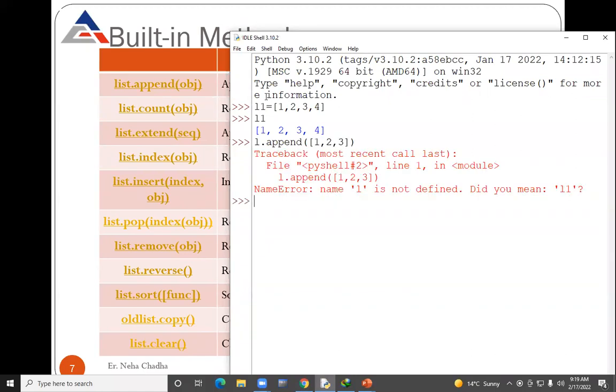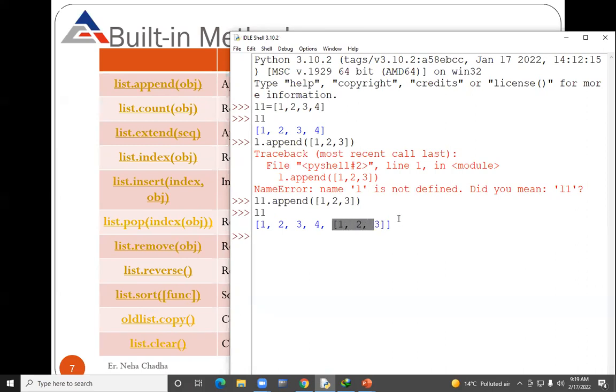Here you will find a difference. If I display L1, the content is 1, 2, 3, 4, that is index 0, 1, 2, 3, and at the 4th index your value has been inserted